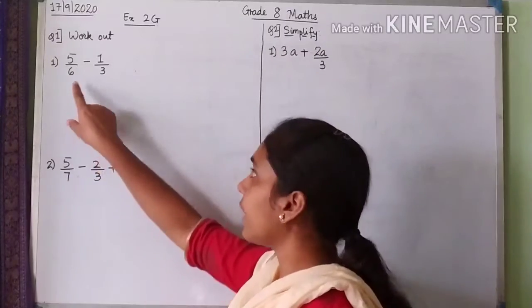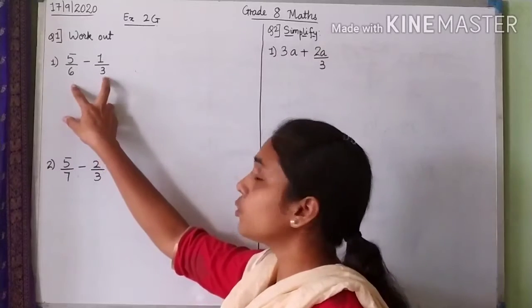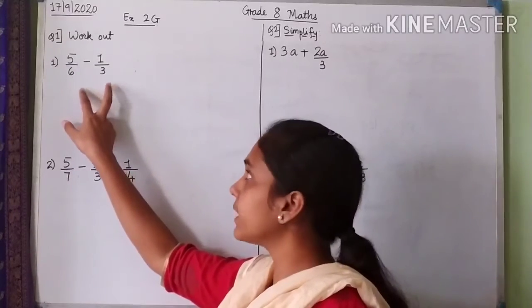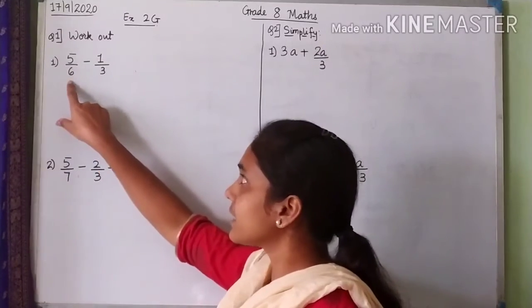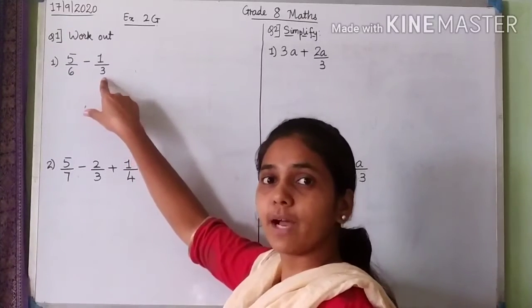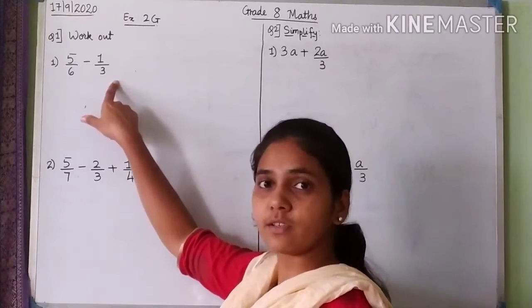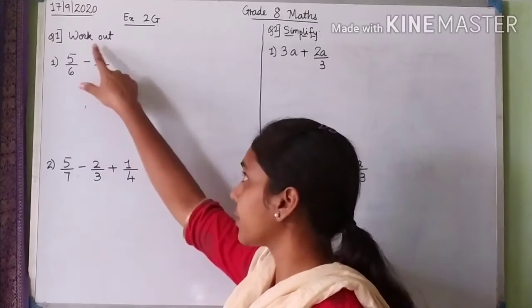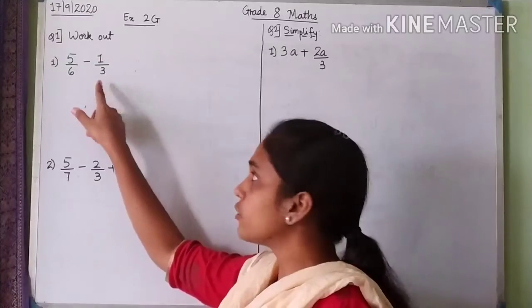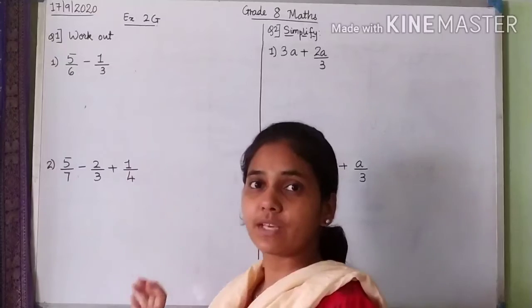these two fractions, one denominator is 6 and the other is 3. So you have to make them equal. So how do we make them equal? We know that 6 is a multiple of 3, right? So if we multiply 3 by 2, we can get 6. So then the denominator of the second fraction will become 6, right? So then if this becomes 6, this is already 6, so both of them will be equal.